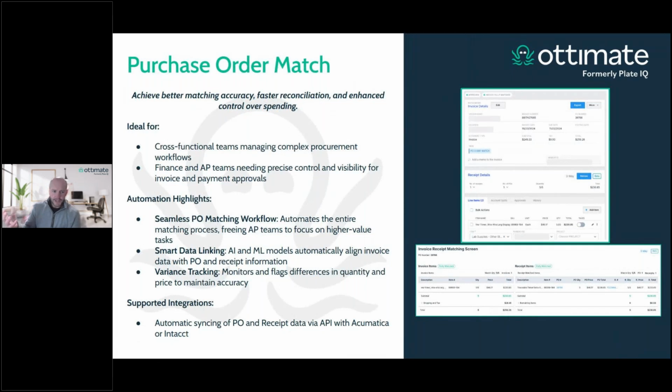With our integrations to Acumatica and Intact, we do have the ability to digitally ingest your purchase orders as well as your receivers from your accounting system into our platform. So now when that invoice comes in that's associated to that PO and that receipt, we can link these three source documents together,